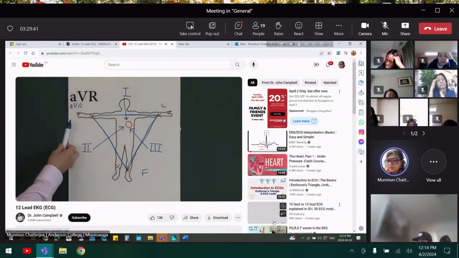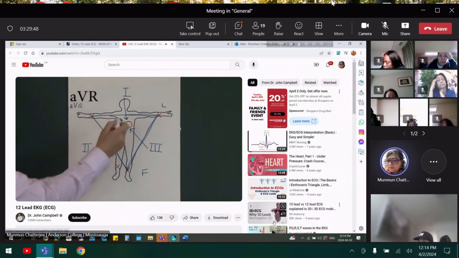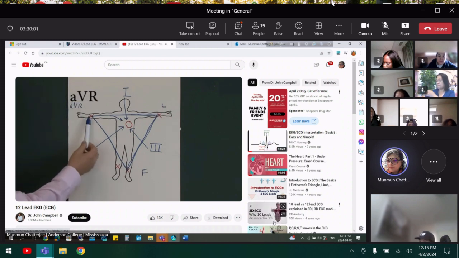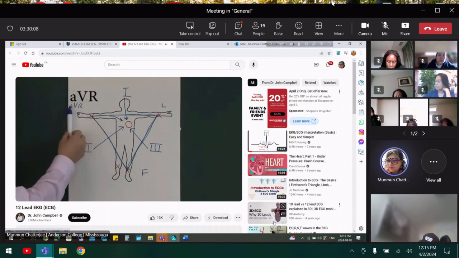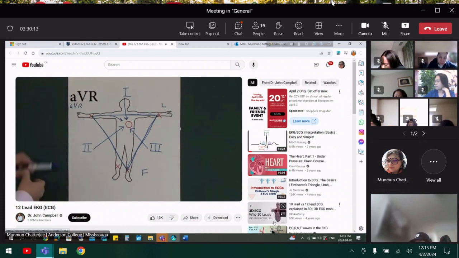And AVR is looking at the heart from the right arm. So it's essentially looking at the heart in this direction. So again, that's another view. Now the AV stands for augmented voltage right, because again, the machine is adding a bit of voltage to this. Now the voltage is already there, it's picked up here. But the way I think of it is because it's a long way from the heart, it needs a bit of a boost. So it's augmented voltage right, looking at the heart from this side. And this is just